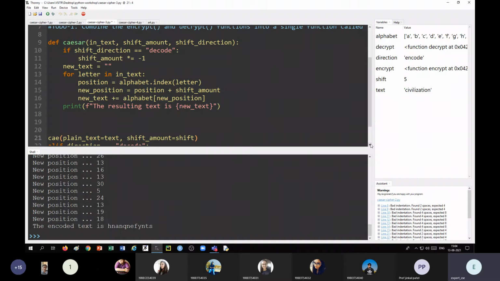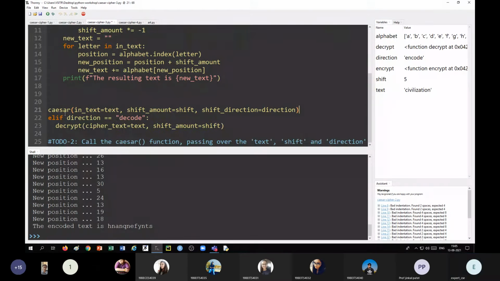In text is equal to text, shift amount is equal to shift, and shift direction is equal to direction. That's it. So no need of this.